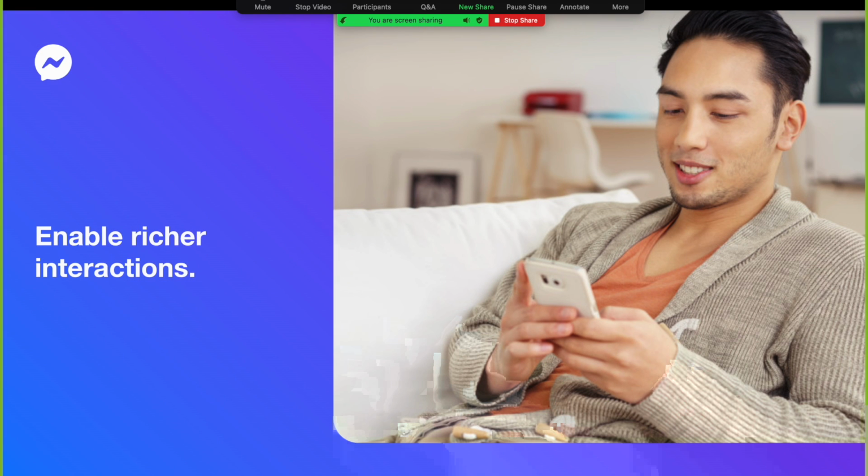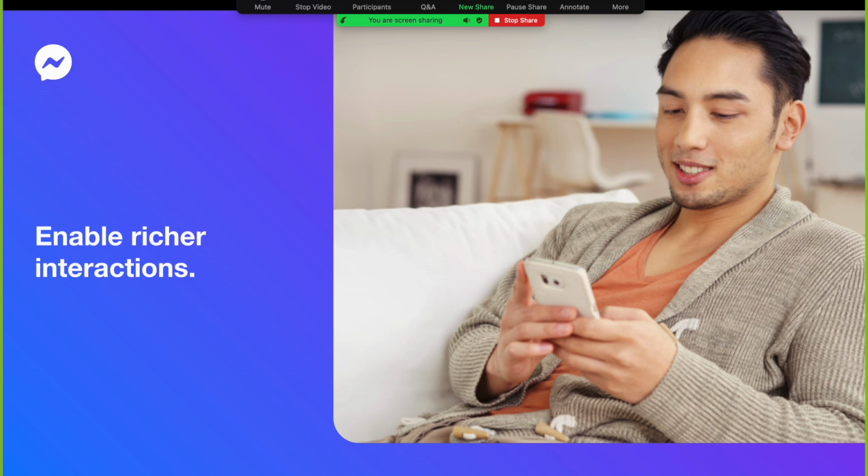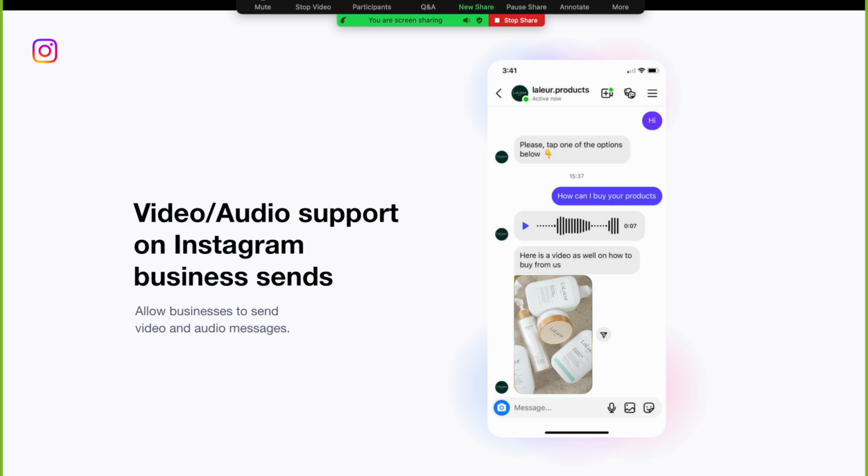The next category I'll share updates about is around enabling richer interactions. We are also trying to provide richer ways for Instagram businesses to interact with their users through the messaging API. Text messages and images have been supported by the Messenger API for Instagram for a while, but we have 3 new updates on this front. The first is that we have now added support for video and audio templates on the Send API for Instagram.